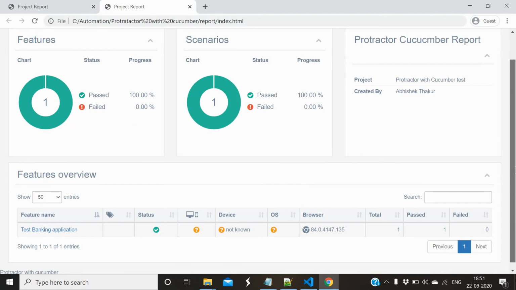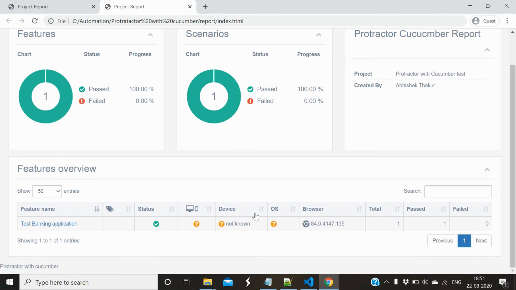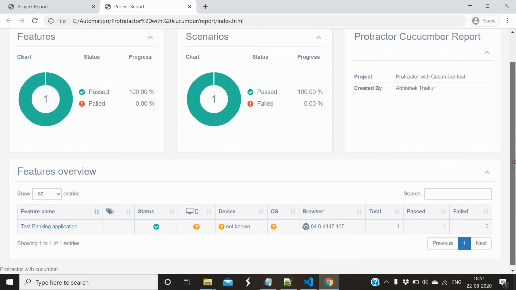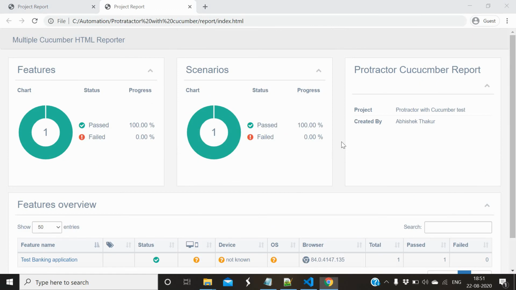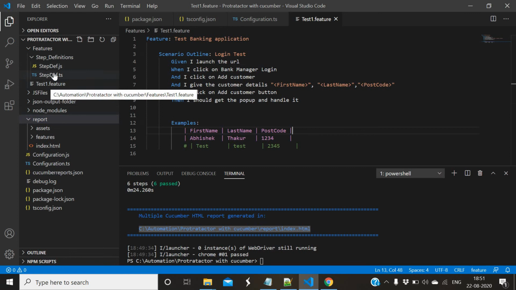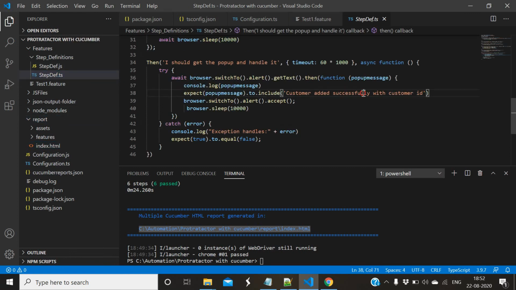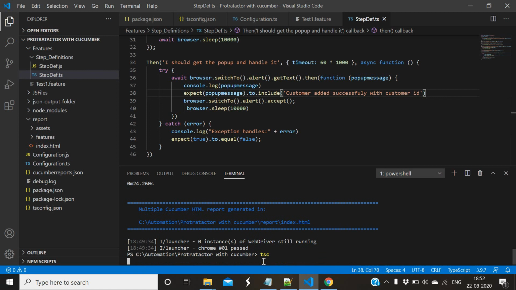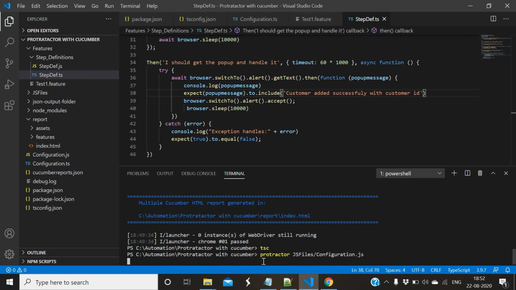I have not made many changes, but you can customize it based on your requirement. Also you can change the color and all. These are the features available. Let me even run it and fail it by making some mistake intentionally. In the last video we just changed the spelling, right, just to fail our assertion. So do the same thing, compile and execute it. We'll see the failure as well.